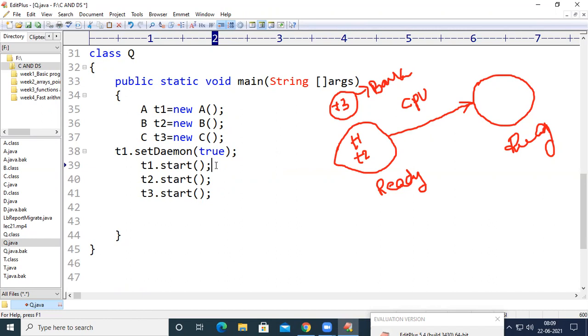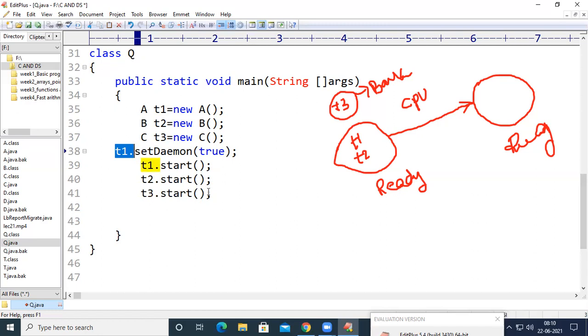Or if the CPU is busy performing any other task, then this thread T1 will not be executed, or the schedule for T1 will not be given. So the CPU is going to give the schedule for T2 and T3 first, and T1 only after the completion of T2 and T3, or in the middle. Maybe the CPU is idle in the middle because of so many reasons. It depends upon the tasks which are being performed by the CPU. So whenever the CPU is idle, then this T1 comes into the picture, and it will get executed.